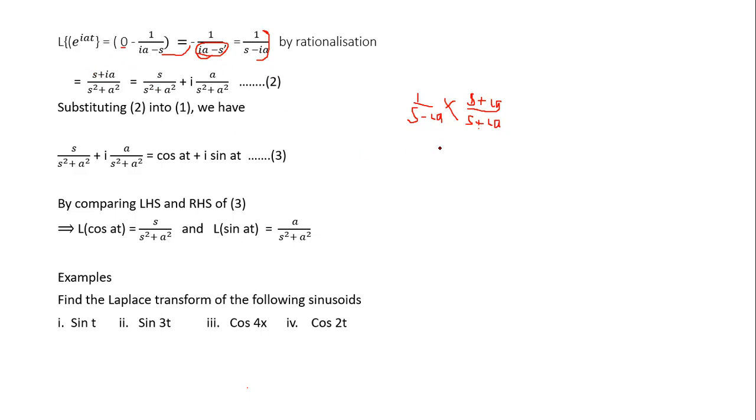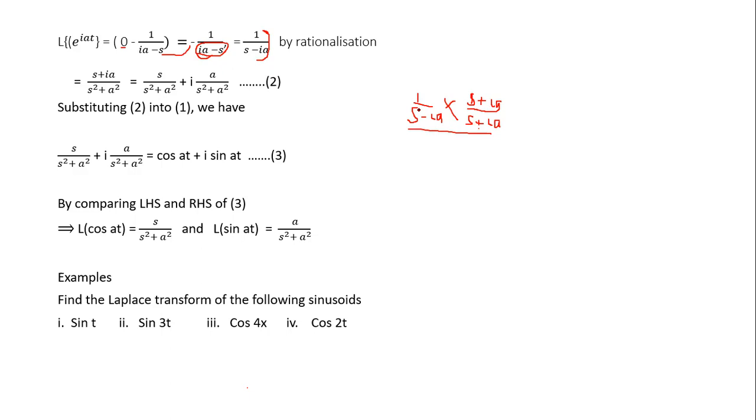Now when you multiply x minus ia by x plus ia, we get what we call the difference of two squares. We did this one under the complex numbers. So you can go to where the negative is and square the two terms. But don't forget that the square of i is negative 1. So when you do so, squaring x gives me x squared minus, now i squared is also negative 1, a squared. So it becomes x squared minus i squared a squared. I'm squaring both terms